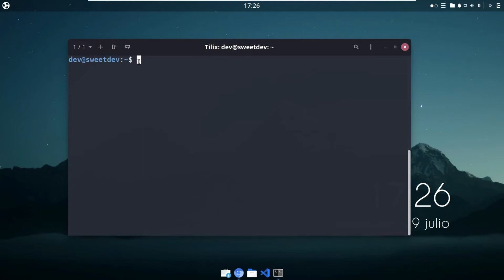But the third way, and the way that I'm going to show you here, is with NVM, which is the Node Version Manager. Why did I choose this way? Because in this way you can install different versions of Node.js and have them all together on your machine, for any kind of situation you need. For example, let's say you work on a project that is using